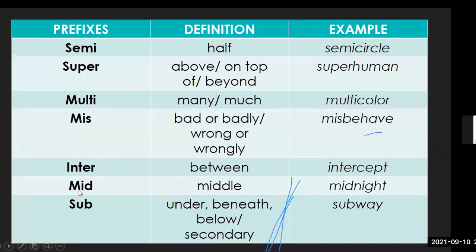All right. Mid means middle. So, for example, night is the whole night, but if you say midnight, it means the middle of the night. And the prefix sub means under, beneath, below, or secondary. For example, way, away, but if you add the prefix sub,